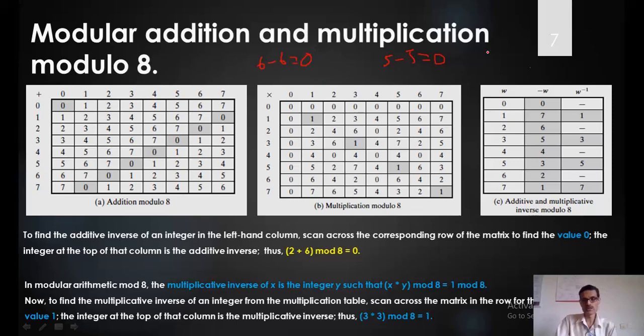Under the multiplication operation, if the number is 5, its inverse is 1 by 5. When I multiply this and this 1 by 5, the answer I should get is equal to 1. Or we can say it is 5, its inverse is represented something like this, 5 inverse, and the answer should be equal to 1. In the same fashion, we can identify the multiplicative inverse and additive inverse of this operation over here.